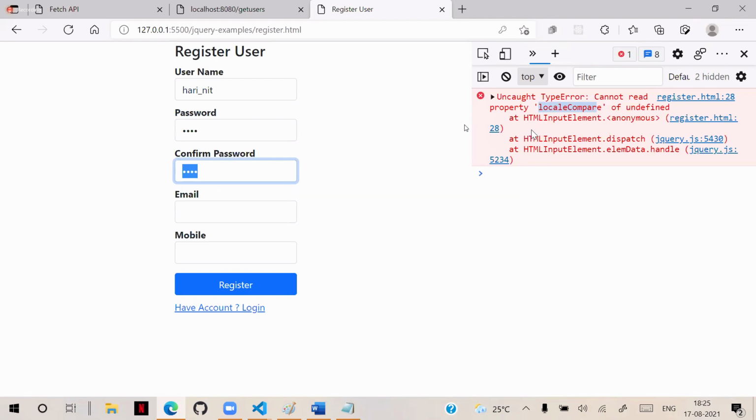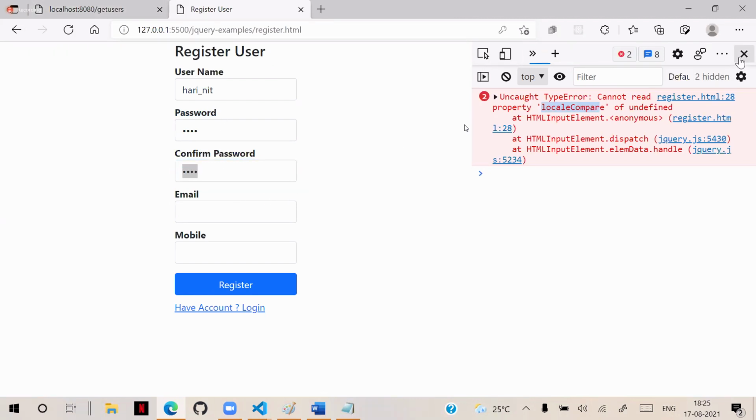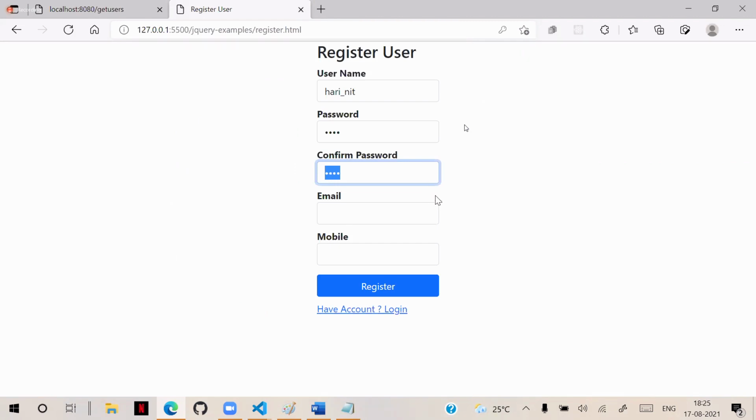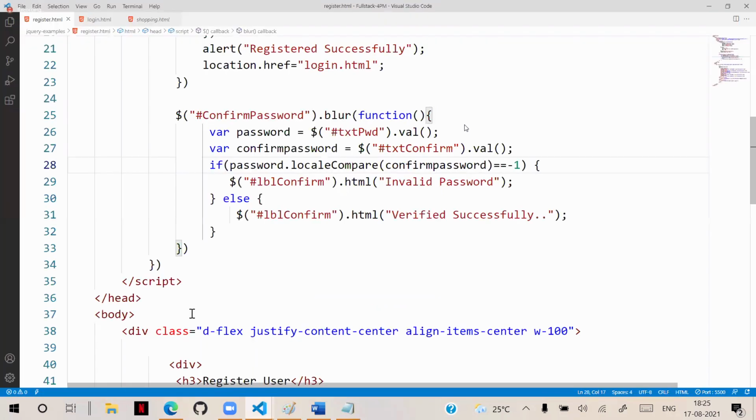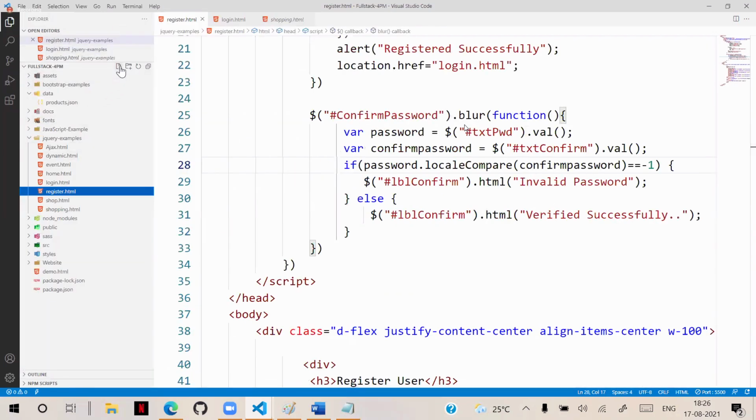In JavaScript, this is possible. But in jQuery functions, it is unable to handle this comparison. That means the value entered is unable to be compared. In JavaScript, it will do that. For example, I will show you. That means if you are writing the same program, then we have to do that in JavaScript. I will add one more simple